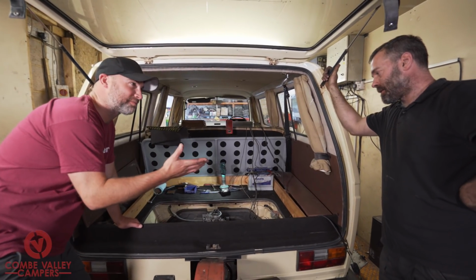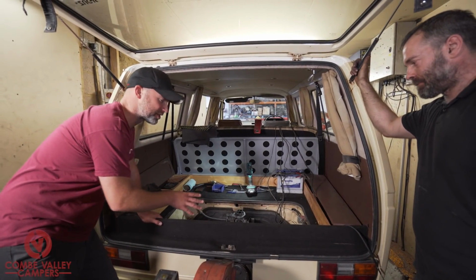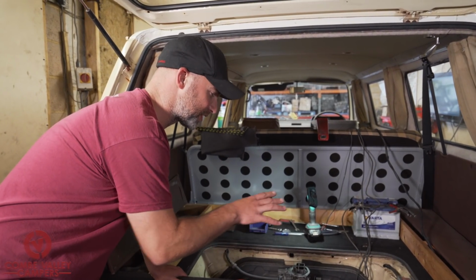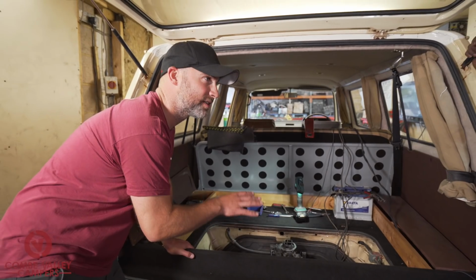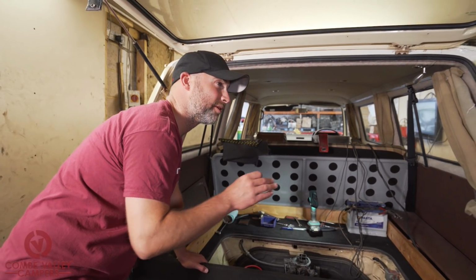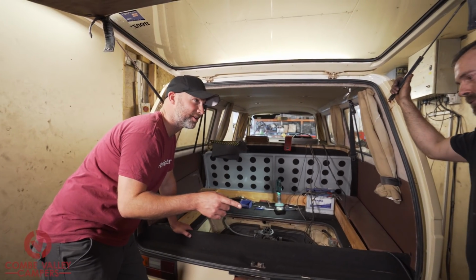I've just done a little Google on what this engine should have produced. The information from a quick 2-minute Google is that in '74, it's the same boxer engine. The 2-litre should make 69 brake horsepower. It doesn't say whether it's at the wheels or at the flywheel, but you've just done the final run on this, and we've got...